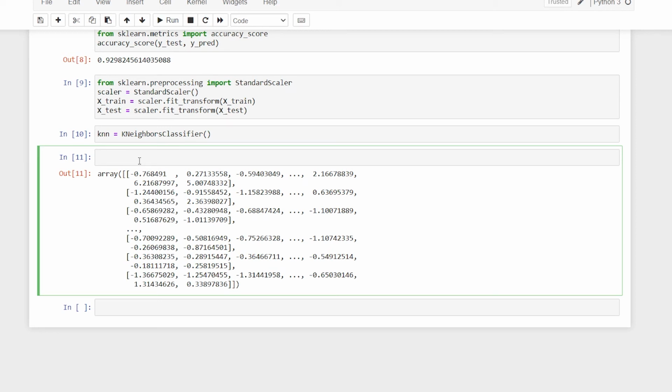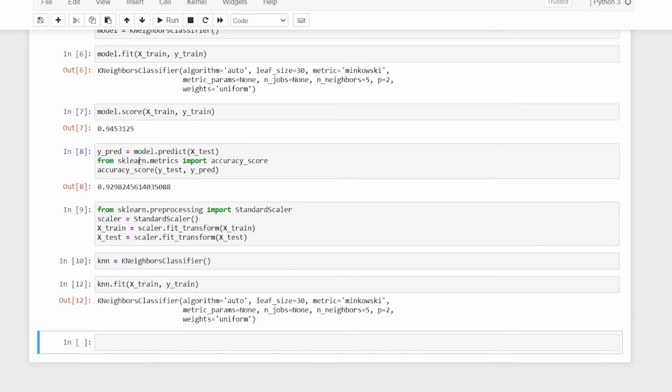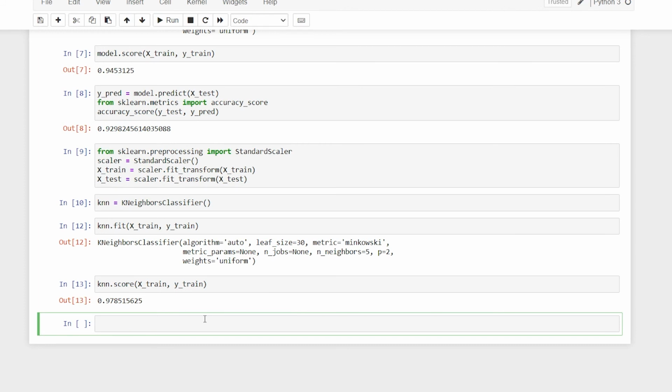Now I'll say knn dot fit, which is going to take xtrain and ytrain. And now I can say knn dot score with xtrain and ytrain, and we have it. We have 97.8%.